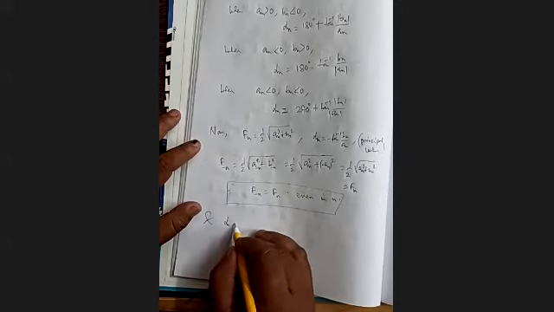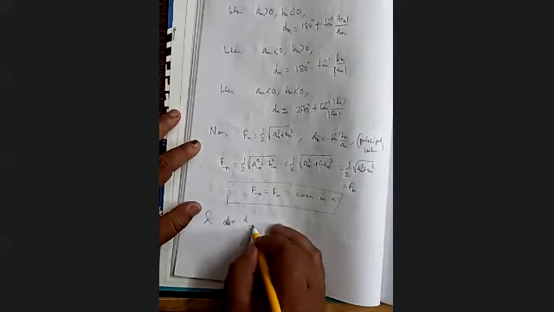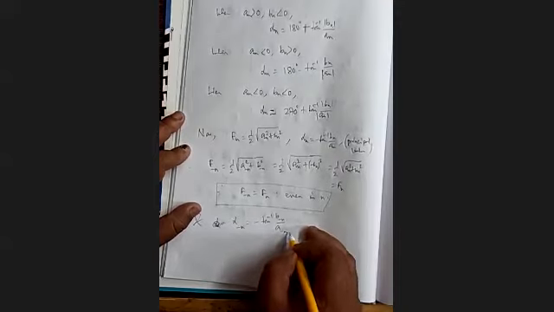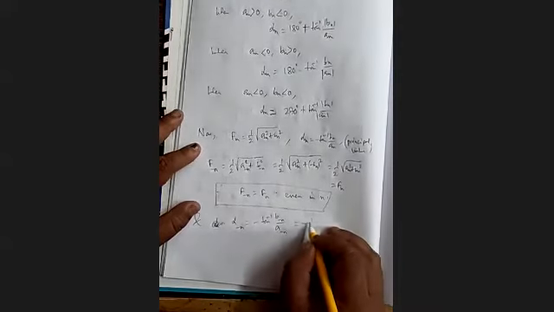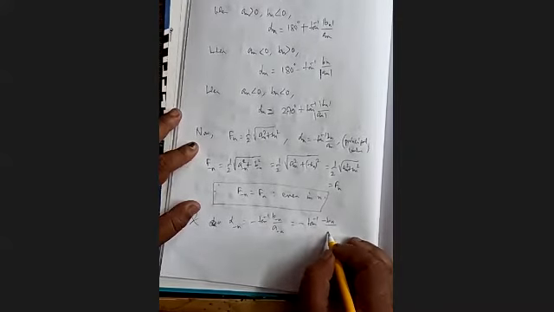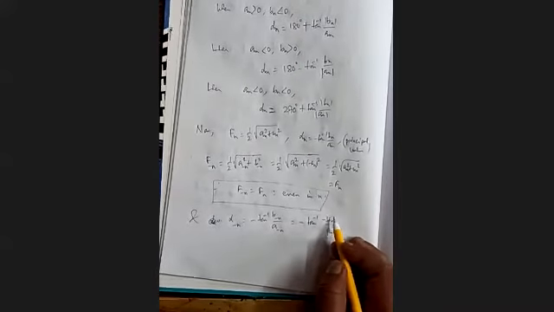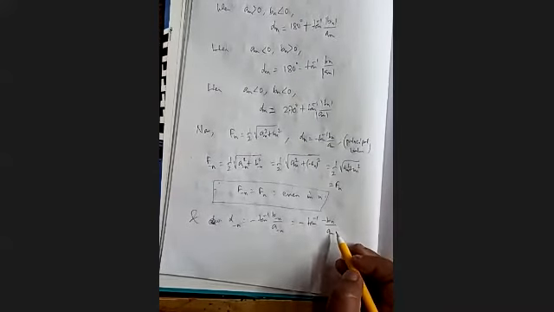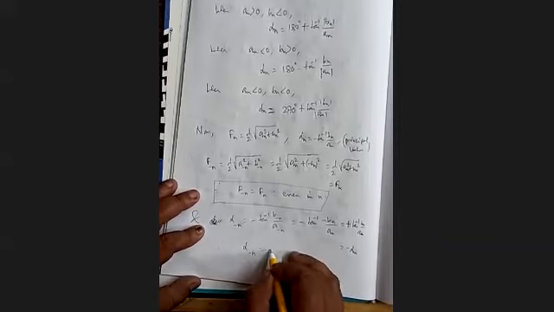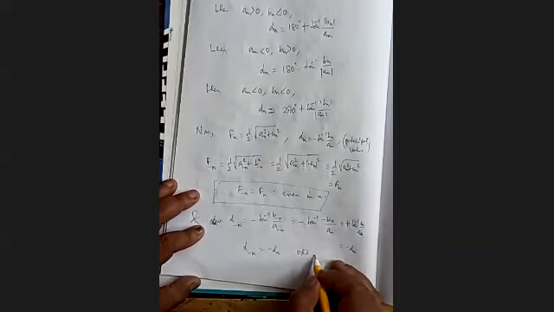Alpha n is, we know, now we write alpha minus n. Here we replace it, so minus tan inverse b minus n by a minus n. Thus n is replaced by minus n. So b minus n is minus bn and a minus n is an. An is an even function, bn is an odd function. So it is plus tan inverse bn by an, which is equal to minus alpha n. Therefore, alpha minus n equals minus alpha n. So it is an odd function in n.